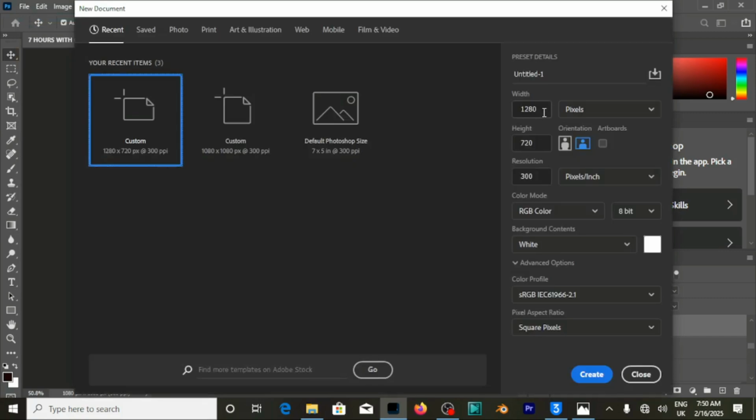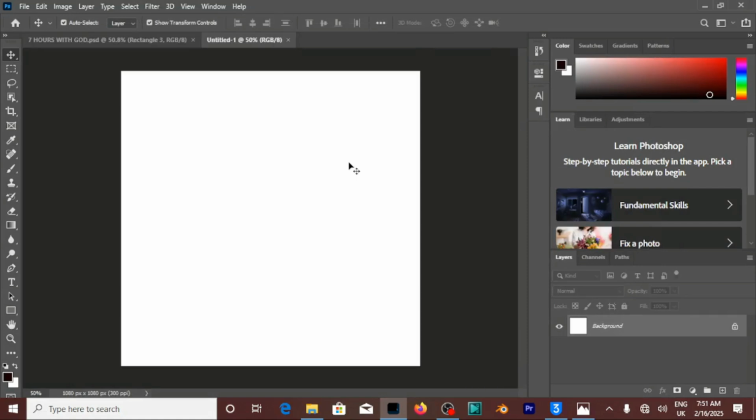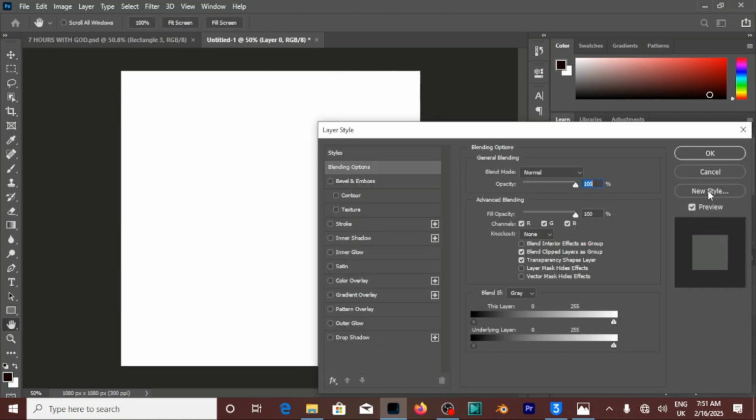And the width for this flyer is actually 1080 pixels, and the height lies at 1080, and then the resolution we leave it on 300 pixels. Then we click on Create. Your resolution is supposed to be 300 pixels so you can get a nice outcome when you are done with the design. So this one, let's click on this to unlock the layer, and now let's actually zoom in